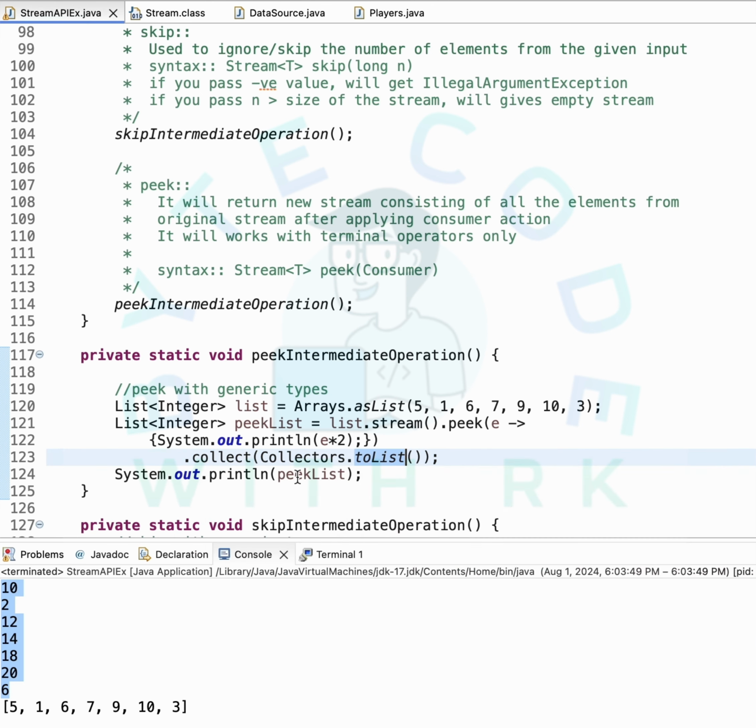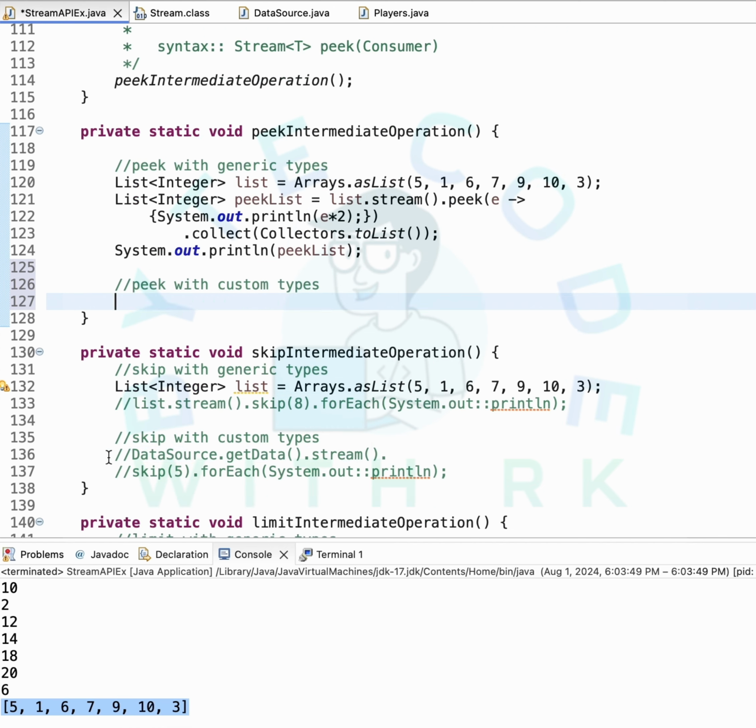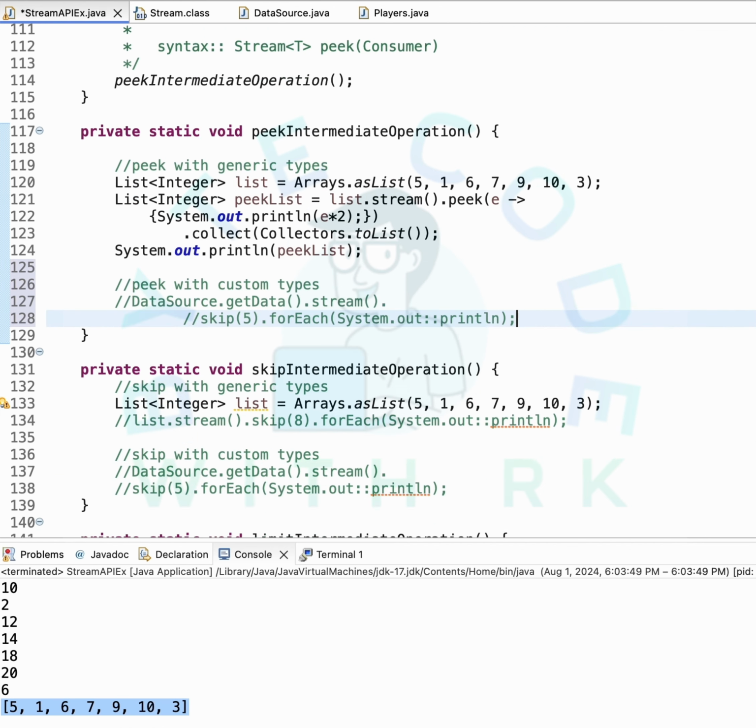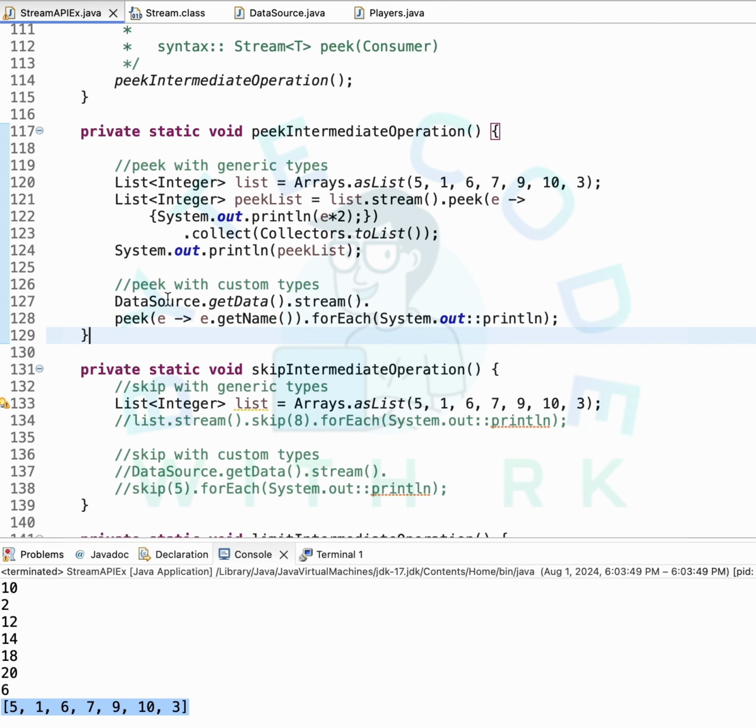Let me try the same with custom objects. Peek with custom objects, custom types. I'm taking the same example. Let us see what will happen here. So instead of this, I will apply peek, taking a consumer as input, e equal to e.getName. What I am doing: dataSource.getData will return a list of players,